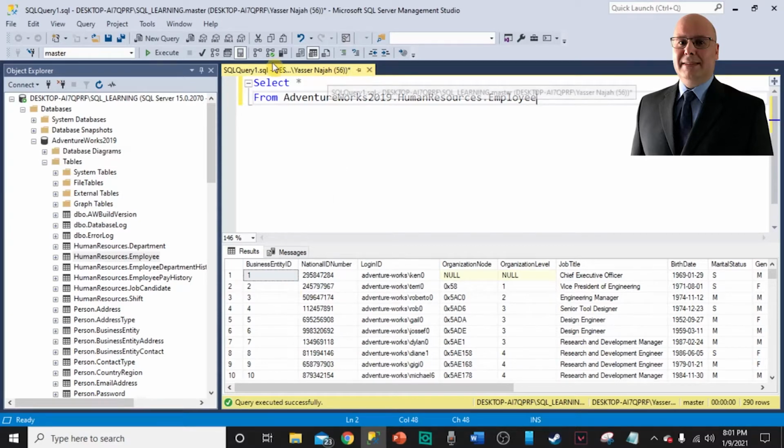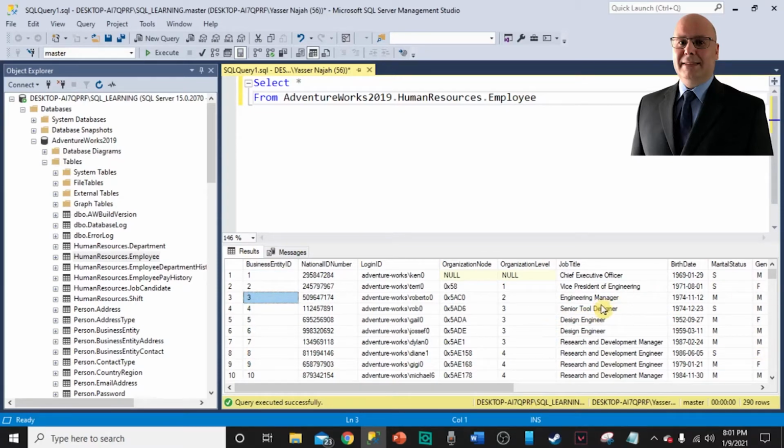The moment I close this screen, these results will be lost until I run the query again. Then you will see those rows in the result set again. So this area here is called the result set,